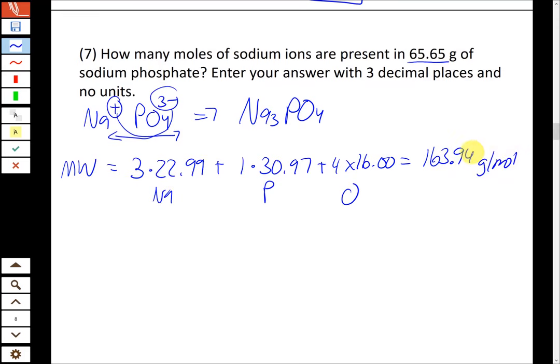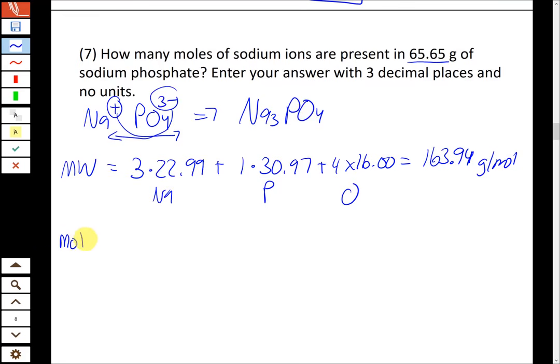Now you'll see on the exam, depending on how involved the problem is, sometimes we'll give you molar masses, but in a lot of cases we won't, so you need to make sure you know how to calculate it quickly by just, again, adding up the atomic masses. It's pretty straightforward. So then from there we have all the information we need to do the calculation that we're